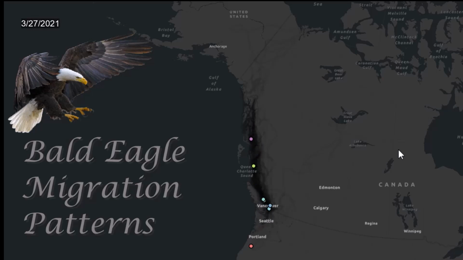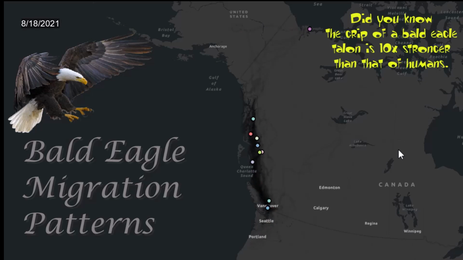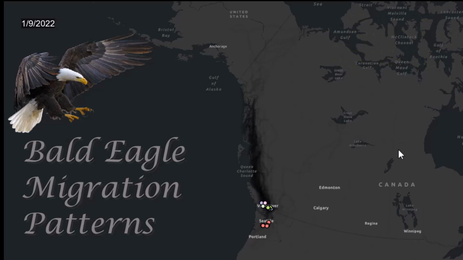And we can see as the study progresses back into 21, now we have lots more birds in the study. And as we watch the majestic bald eagle fly back and forth to his happy hunting and fishing grounds,